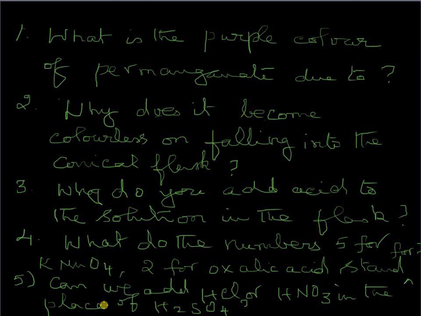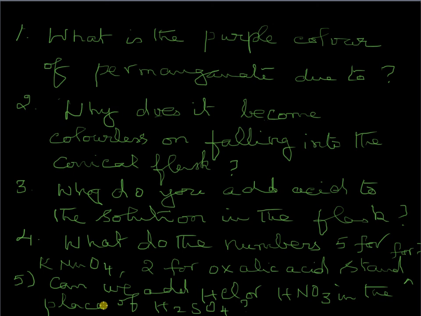Similarly, oxalic acid or the oxalate ion, per mole of oxalate ion, it releases 2 electrons. 1 mole of oxalate ion releases 2 electrons when it is getting oxidized. So that 2 stands for the number of electrons which 1 mole of oxalic acid requires for oxidation. And if you consider the ferrous ion, it will be 1. We substitute the value 1 for the Fe2+ ion in the equation.